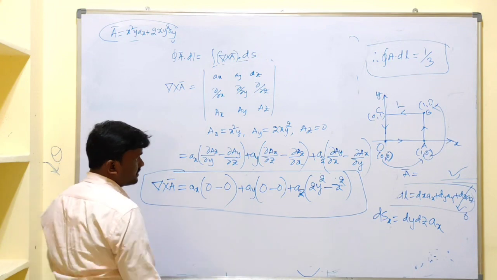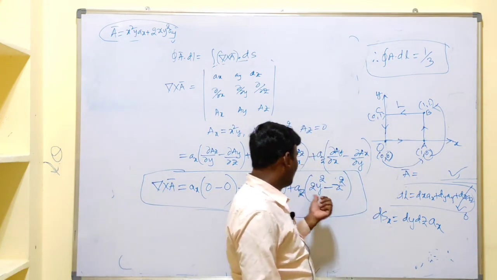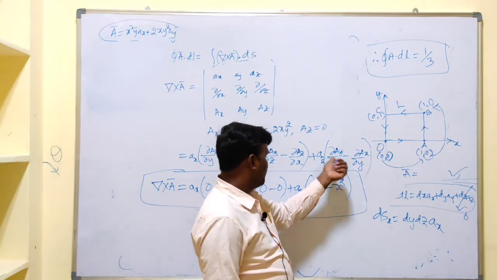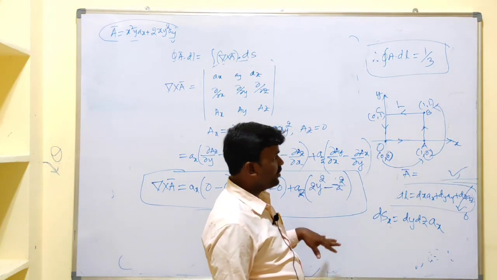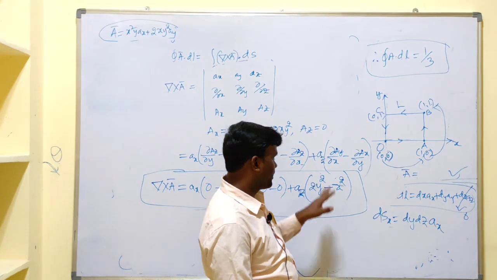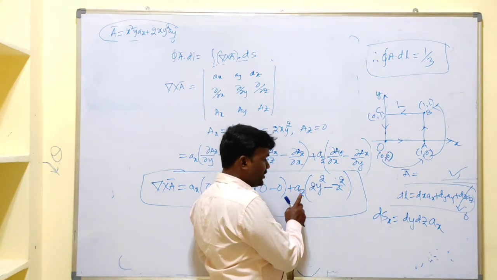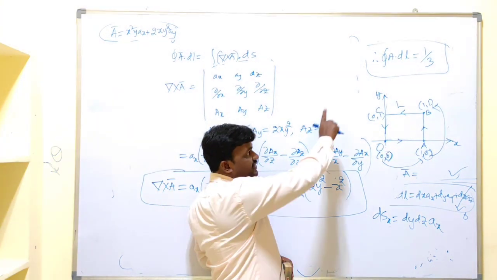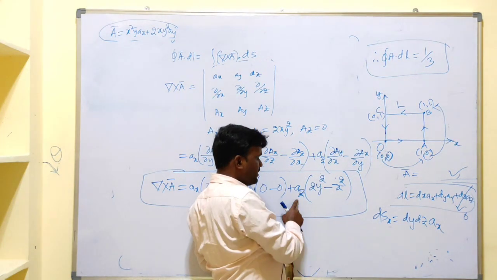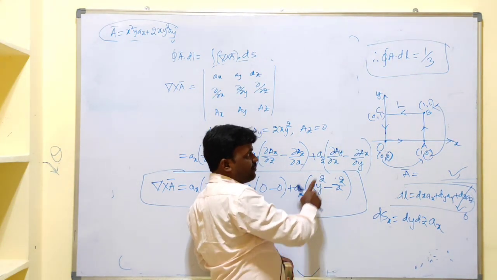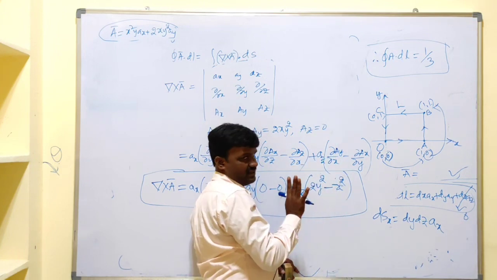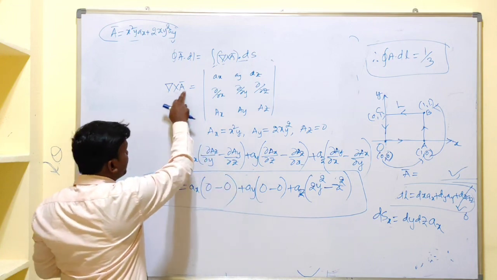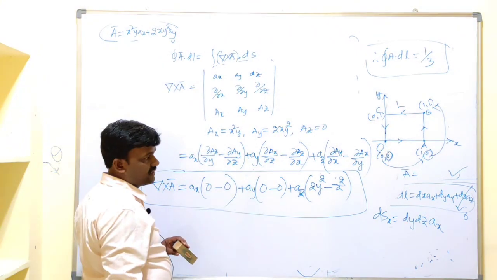Okay, that means if the plane is xy, you will get az. It is one of the tips. If you want to solve a problem or verify your answer, you need to get what? If it is xy plane, here you will get unit vector as az. If the plane is yz plane, here you will get ax. If the plane is zx plane, here you will get ay. Clear? Because it should be perpendicular to both del and A. Okay?